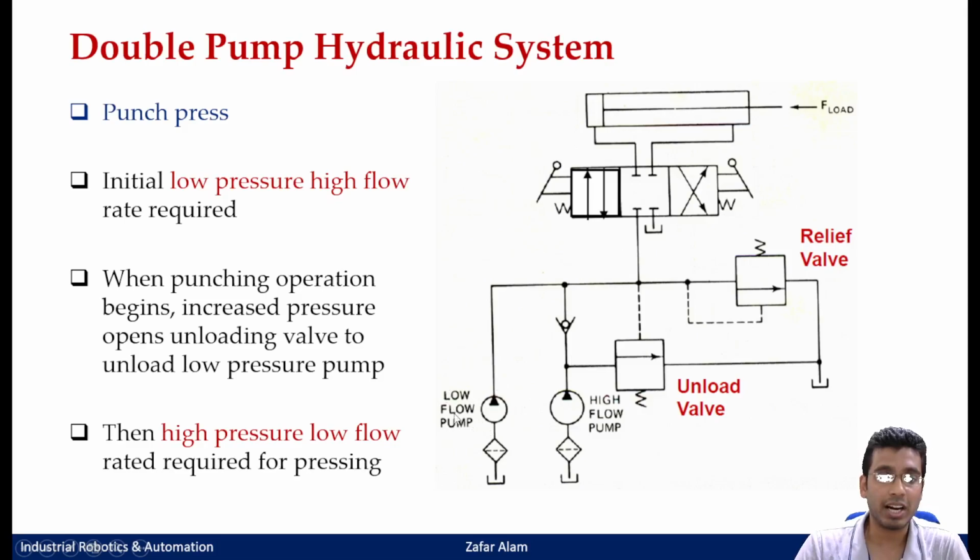After that, your high pressure pump would start to take over and start building the pressure, all the way up to its operating pressure of 150. So whenever 150 is there, then your punching operation is done. Now say suppose your cylinder is completely extended, and your punching has been completed, but you have not pulled